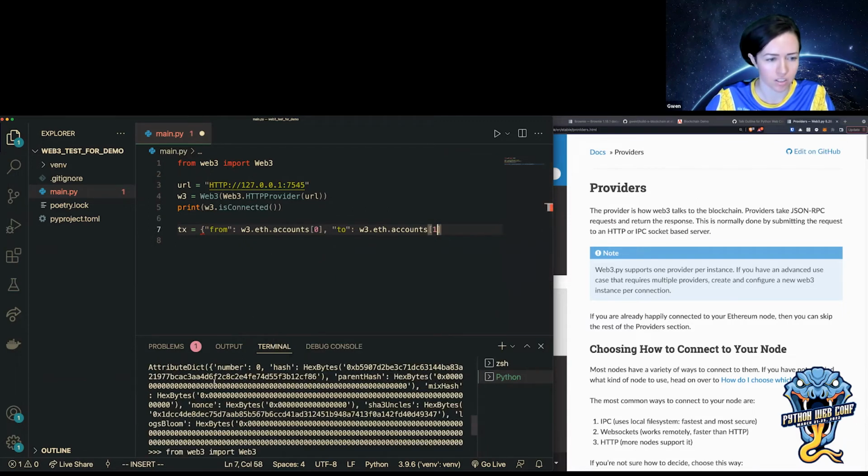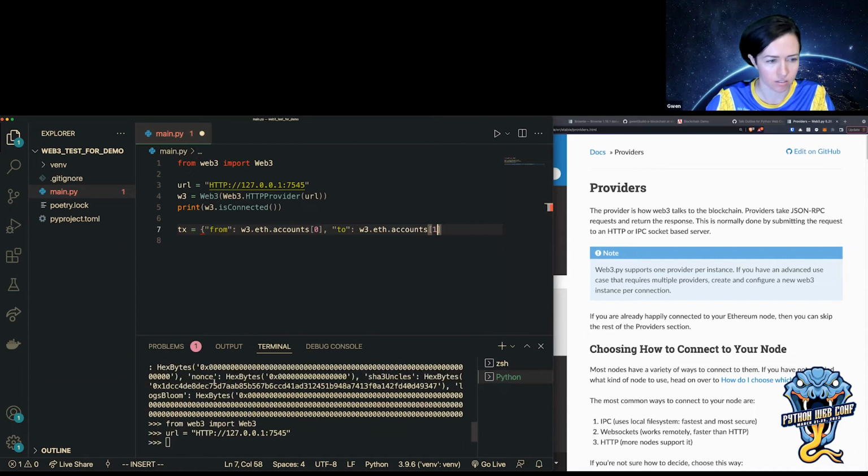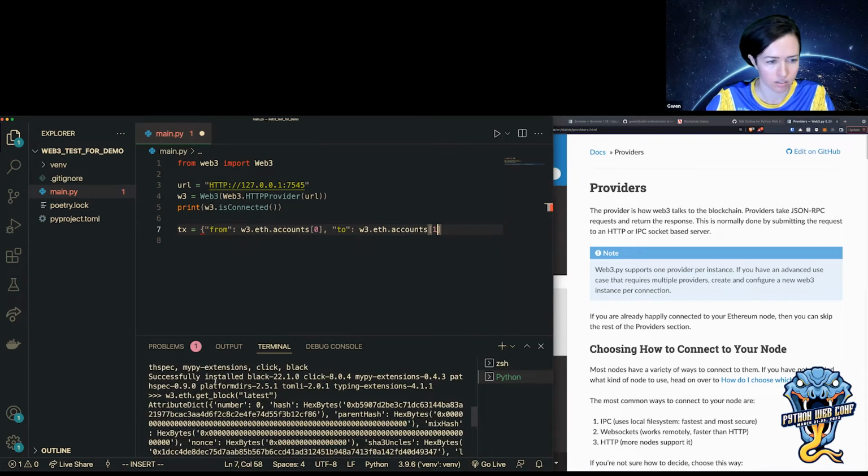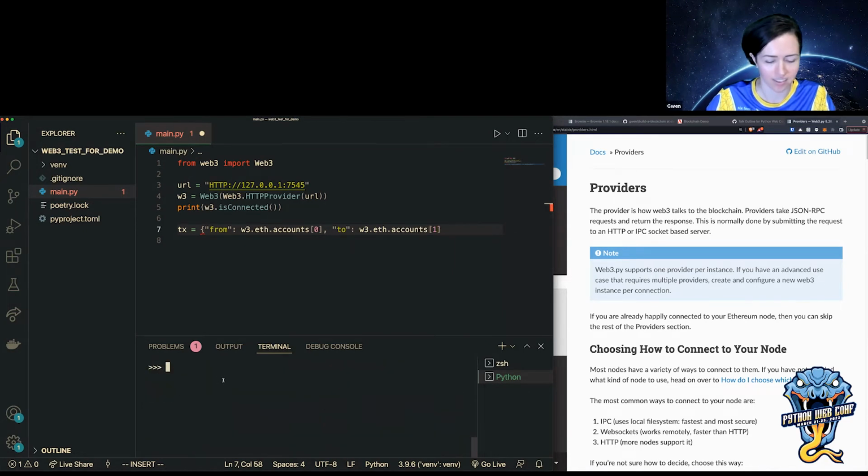And remember, these are just addresses. Yeah, but that's just a list of all the addresses for all 10 of those accounts.